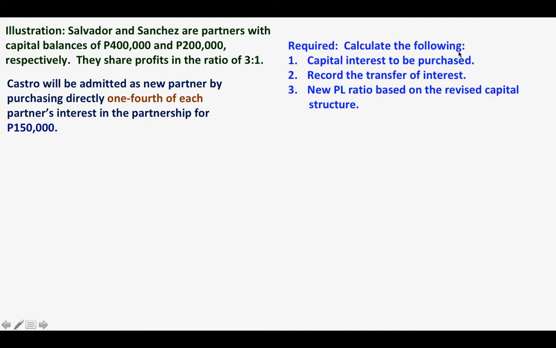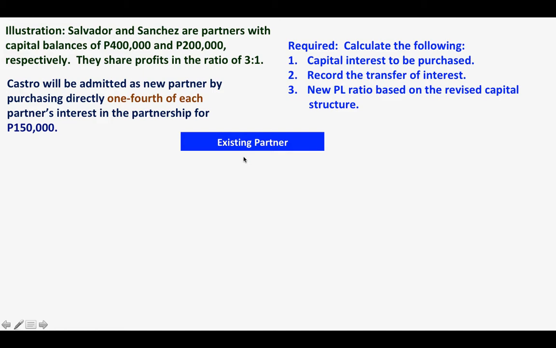Required, calculate the following: capital interest to be purchased, record the transfer of interest, and compute the new profit and loss ratio based on the revised capital structure. Now here, we are required to present the profit and loss ratio based on the capital structure. Okay? So here, class, what we have to do in presenting our solution, we have first to get the details